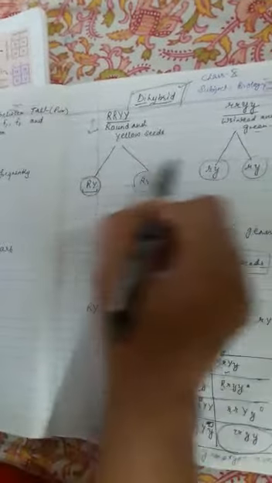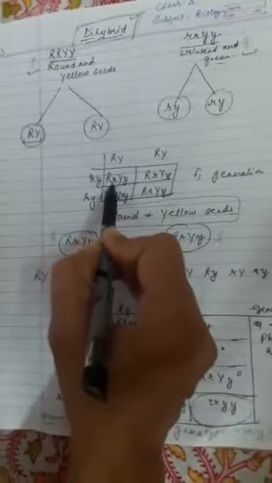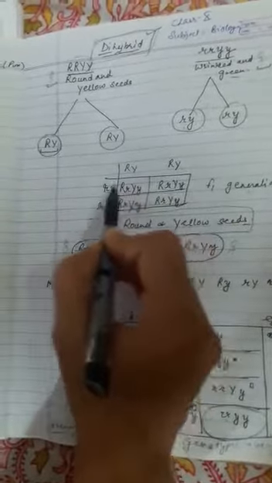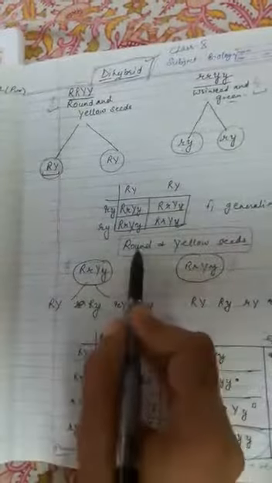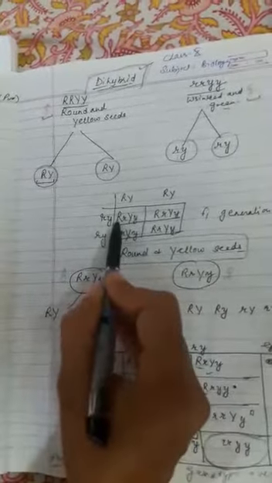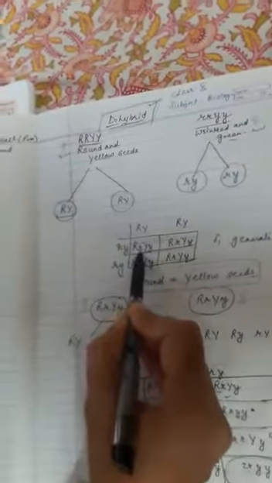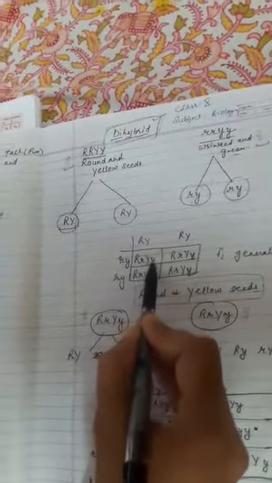y. The next step is to combine the two, that is fertilization, and the result will be capital R, small r, capital Y and small y. It means when these seeds produce a plant, all will have round and yellow seeds. Why is it so? Because capital R is dominant over wrinkled, and